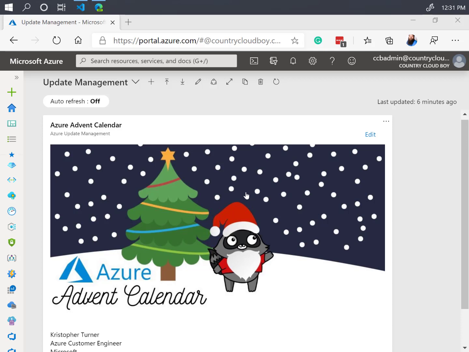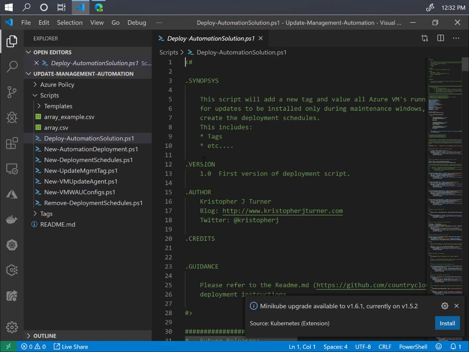Okay, so I'm going to just speed through these scripts really fast. You can grab them from my GitHub, github.com/KristopherJTurner, or actually I think I also have them at /CountryCloudBoy. I'll be working on them here and there, trying to improve them. They're kind of rough, so please don't make fun of them. But in a nutshell, as I mentioned earlier,